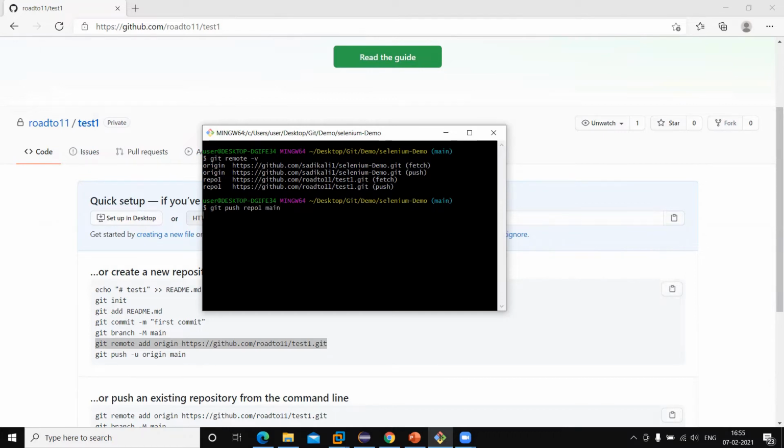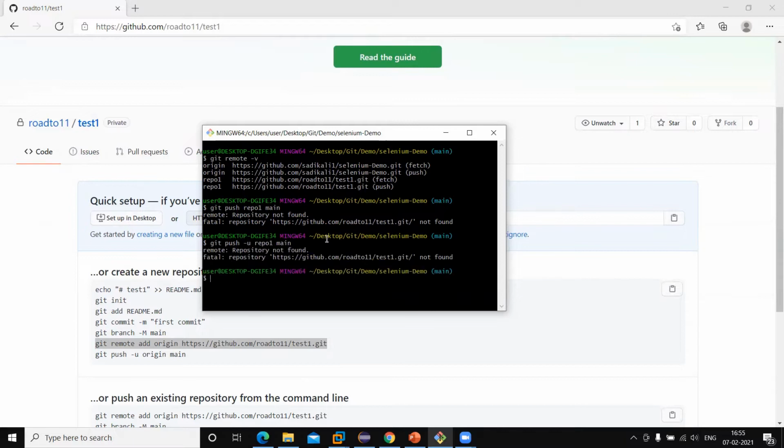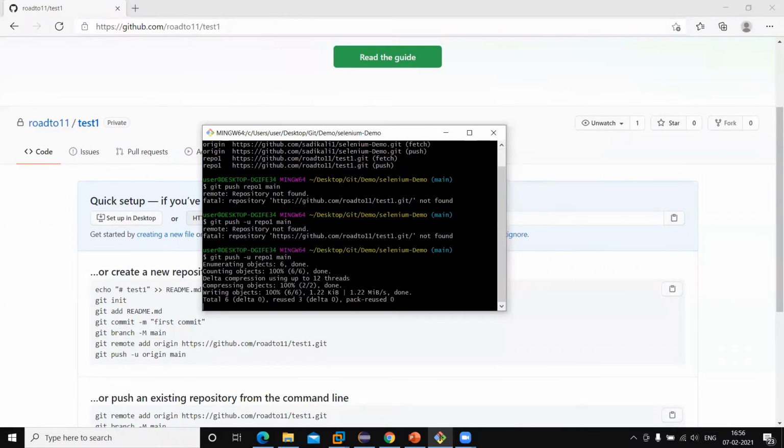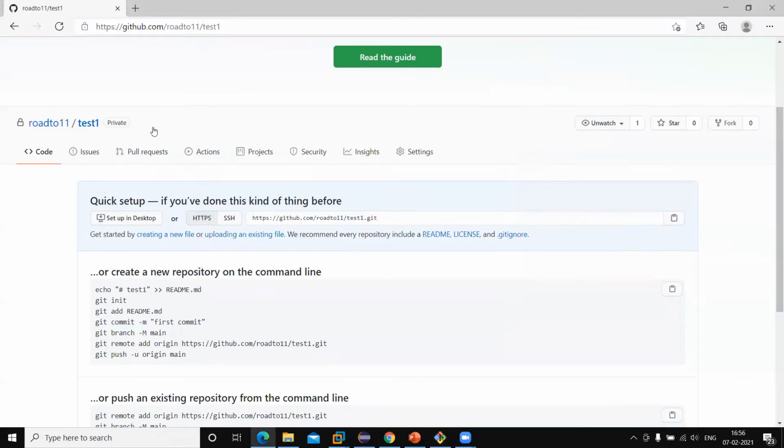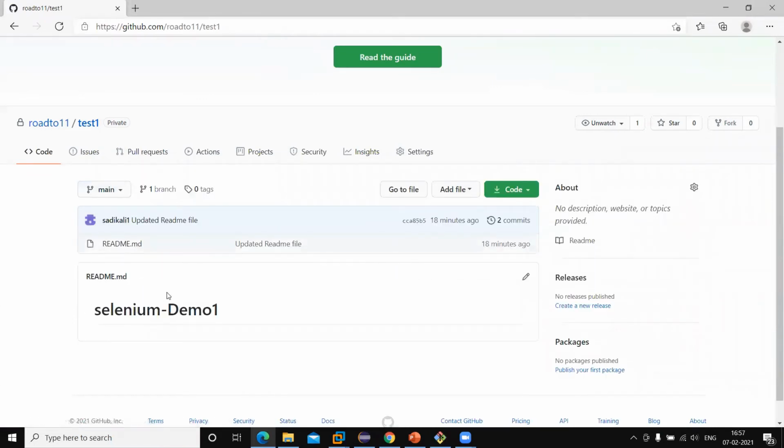Okay, so just run this. Initially, since it is the first time we are using it, I will use the -u here. Okay, so now you can see it puts the code into this repository. So if I refresh this, then we will get the detail.